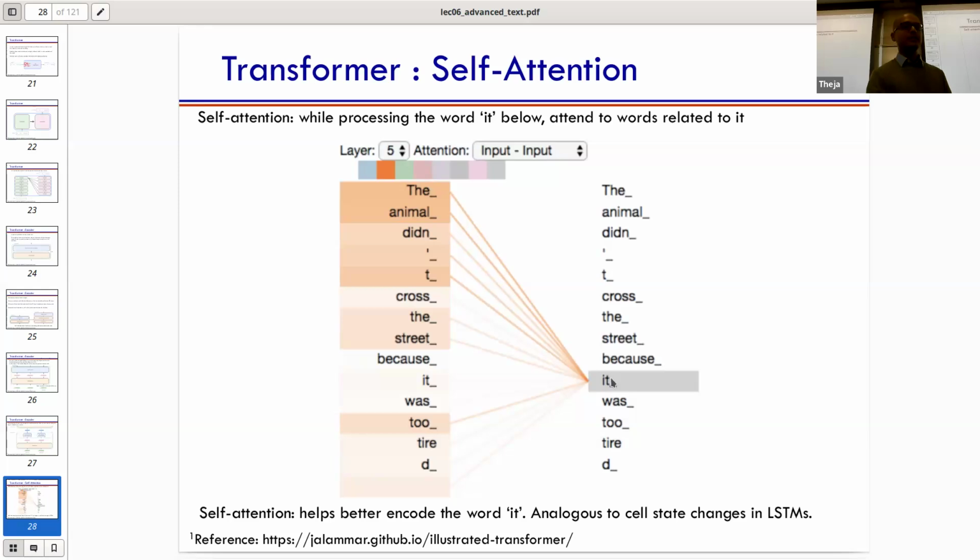what attention means, right? So here it's saying, "The animal didn't cross the street because it was too tired." We are trying to go from vectors to vectors for each word. So for every word, we're going to go from a vector to a vector. Let's say the vector for "it": there was some vector, and we're going to create a new vector for "it" after self-attention. The whole point of self-attention is that when I create this vector, I should rely on appropriate other words to influence the new vector. You can see that it corresponds to "the animal," and so the animal's vectors are heavily influencing the "it" vector.